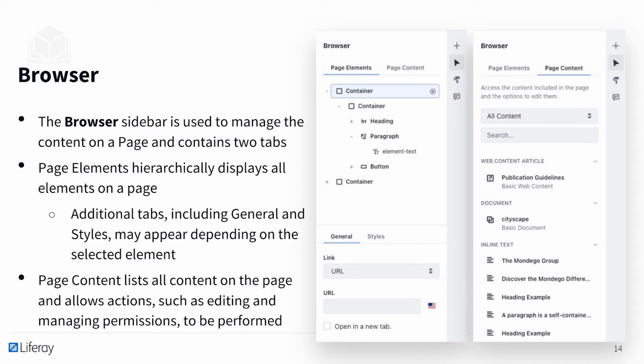The second tab, Page Content, lists all content on the page and allows actions, such as editing and managing permissions, to be performed. On the Page Content tab, content is divided into categories, including inline text, collections, documents, and web content articles. Selecting the pencil icon next to an inline text item, for example, places your cursor in the chosen text box. The Options menu next to other content items shows you available options for that item, which may include